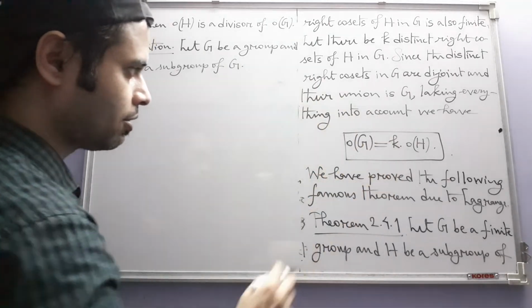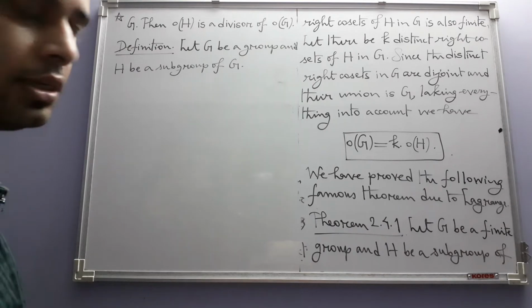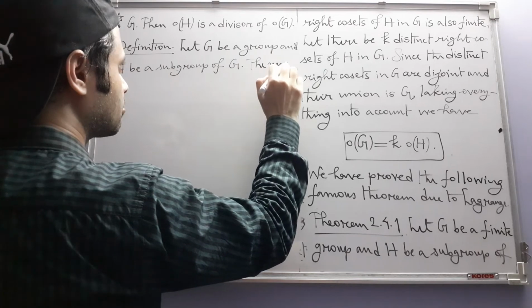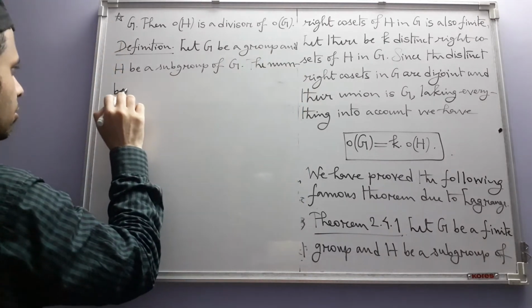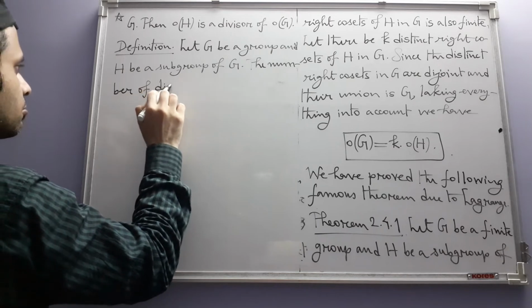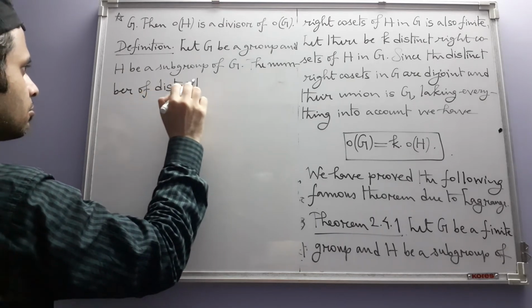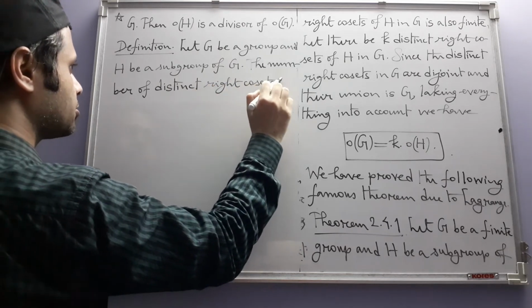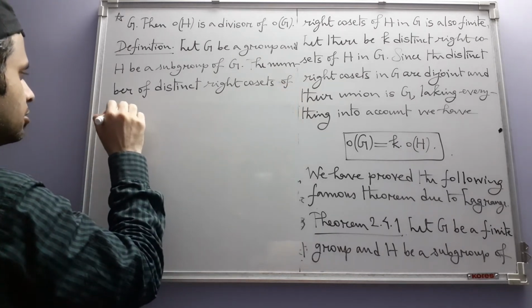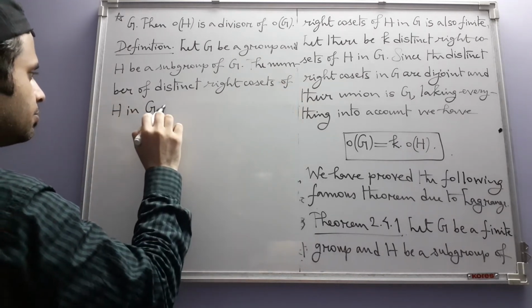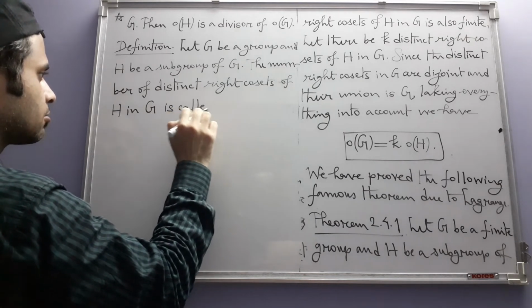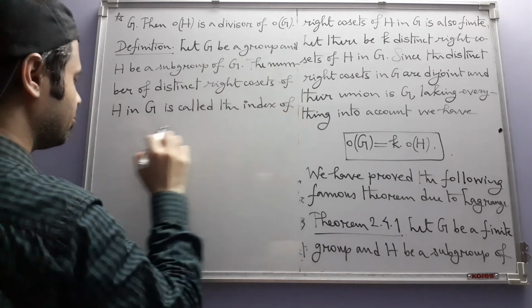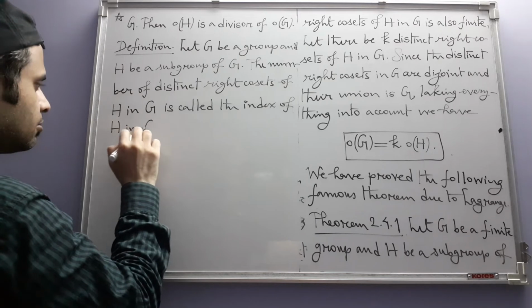K is the set of all distinct right cosets of H in G. The number of distinct right cosets of H in G is called the index of H in G,